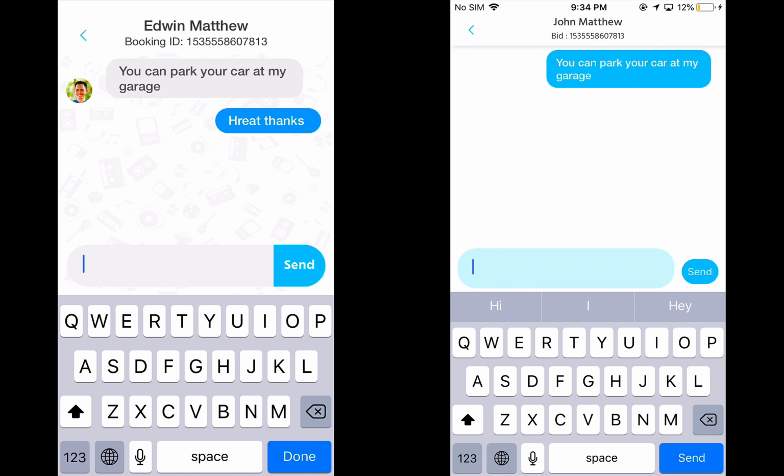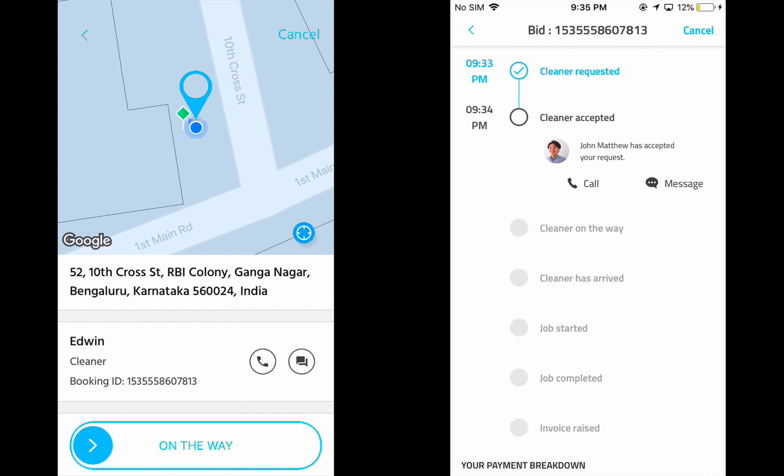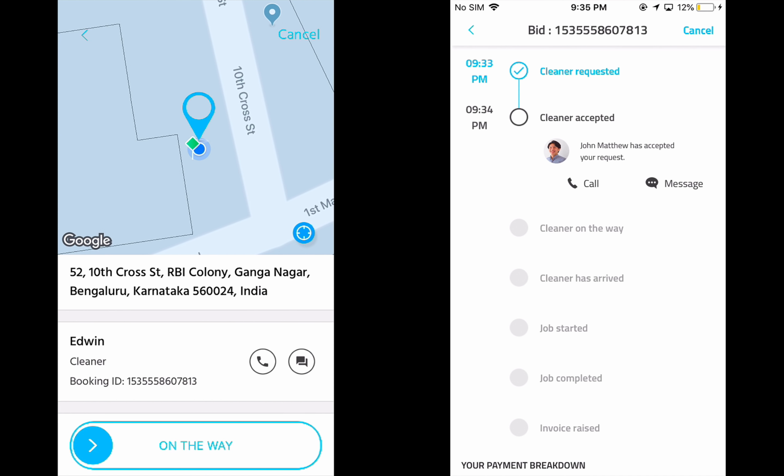So then the customer is informed in real time, and this is how the whole chat system works on the app. So this really helps improve the communication on the product. Now John can let the customer know when he's on the way. So John can quickly say he's on the way,